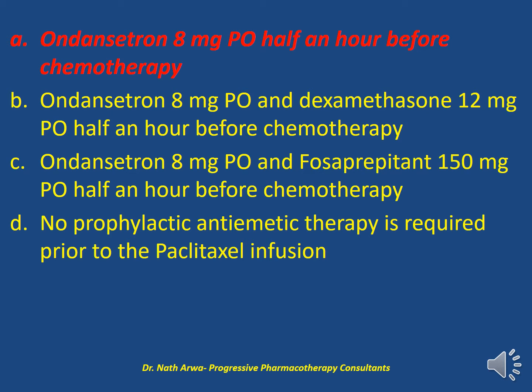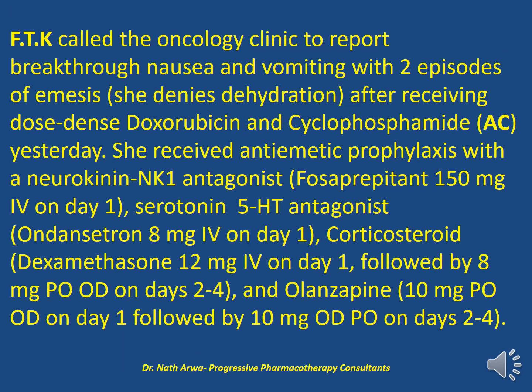Now, answer C, according to me, is incorrect. Fosaprepitant should be used before highly, not low, highly emetogenic chemotherapy, and it isn't necessary before paclitaxel, which has low emetogenicity as such. Answer D is incorrect as well. Antiemetic prophylaxis is recommended before infusion of paclitaxel because it's classified as low emetogenic. So we'll move to the next question, which reads,